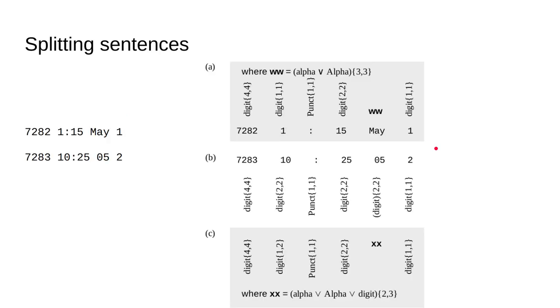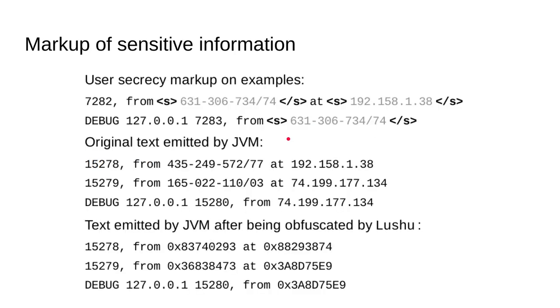Okay, so we're going now into explaining how Lushu works to do that. We use that lattice of regular expressions. You can see here the regular expressions, and we're going to split the sentence into multiple tokens. This sentence has 4 words, but it's split into 6 tokens. That's because the second word contains a semicolon, which we cannot merge with a digit according to the user specification